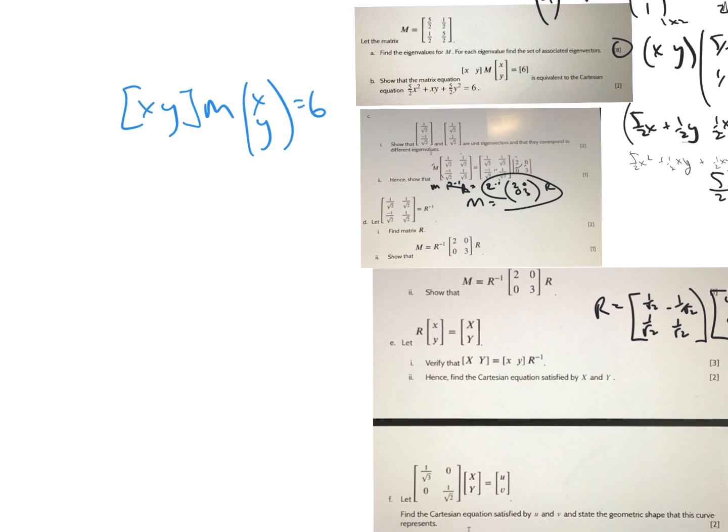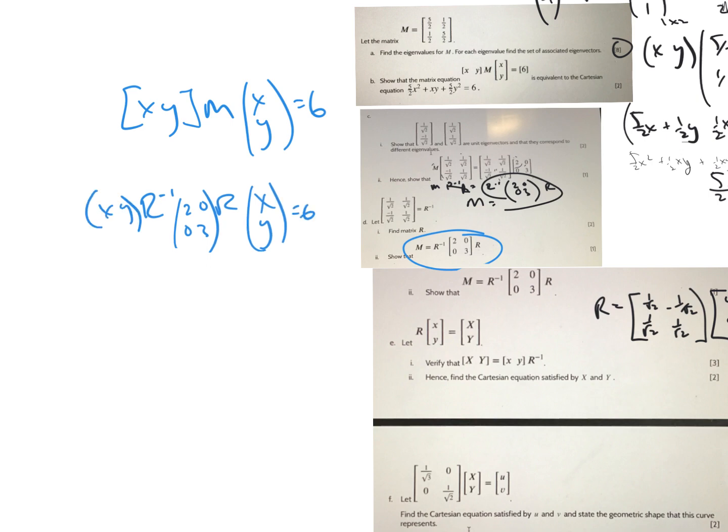Well, I know that here m is equal to r inverse with the eigenvectors inside here. So 2, 0, 0, 3 times rxy is equal to 6